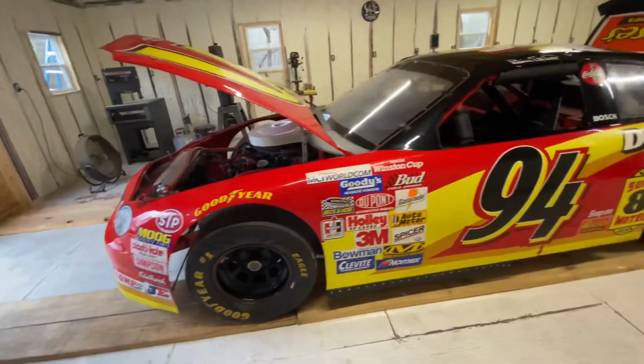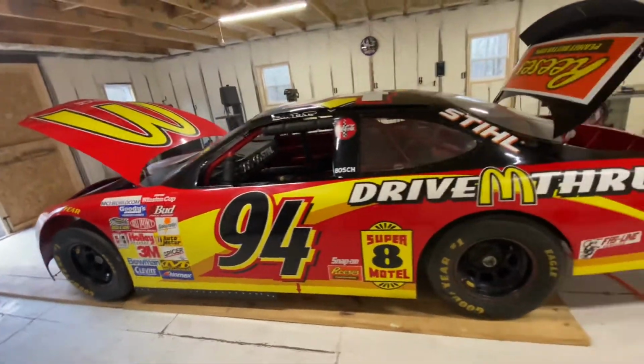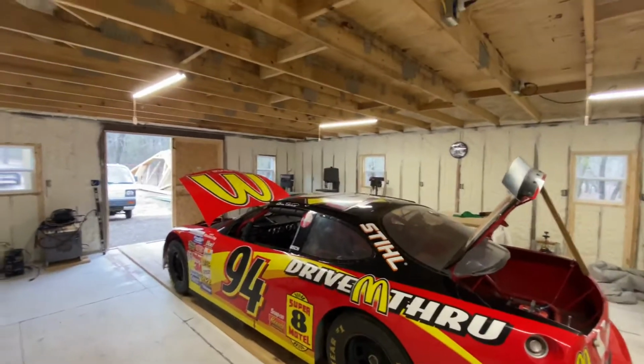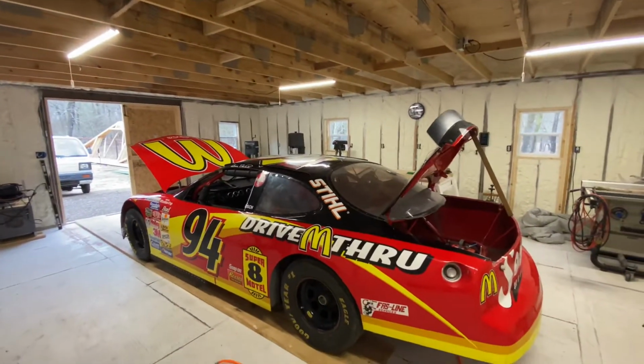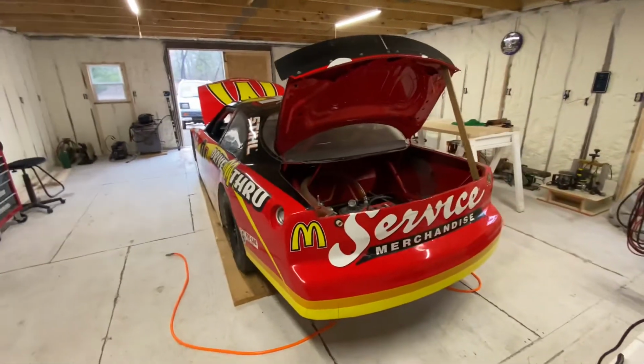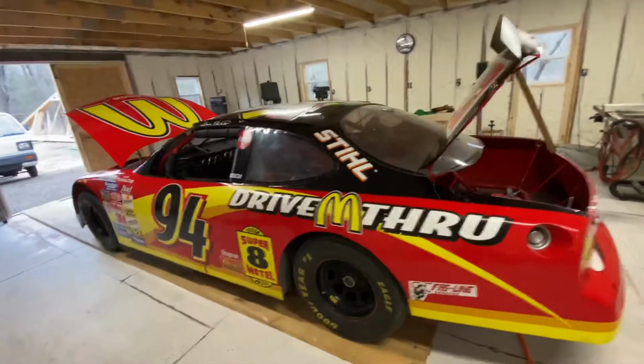So I built this shop recently, just got done with it recently, and it's not completely done yet on the inside, but it's done enough to keep the car in out of the weather so it doesn't have to stay under a car cover outside. But I've learned a little more about this car